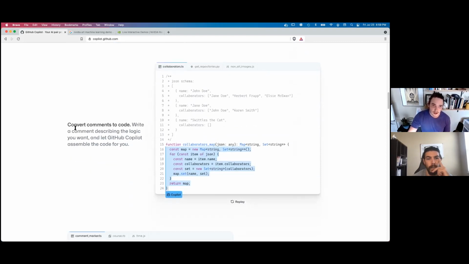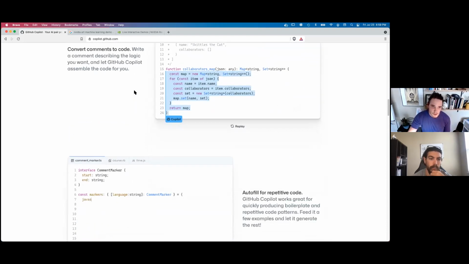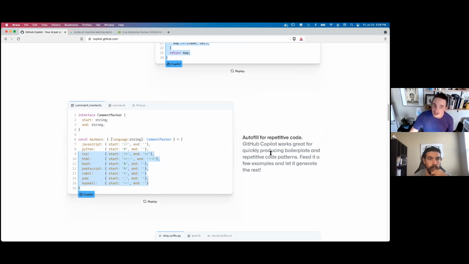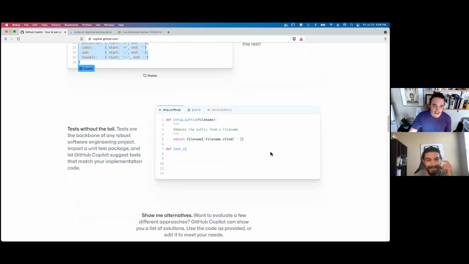So they talk about converting comments to code, because the more context you give it, the better it would behave, because that's going to constrain the output to what it expects. Autofill repetitive code. Oh my goodness. Tests without the toil.